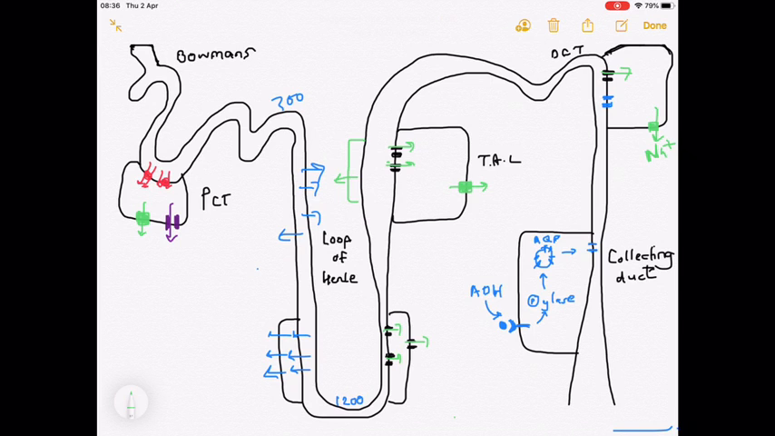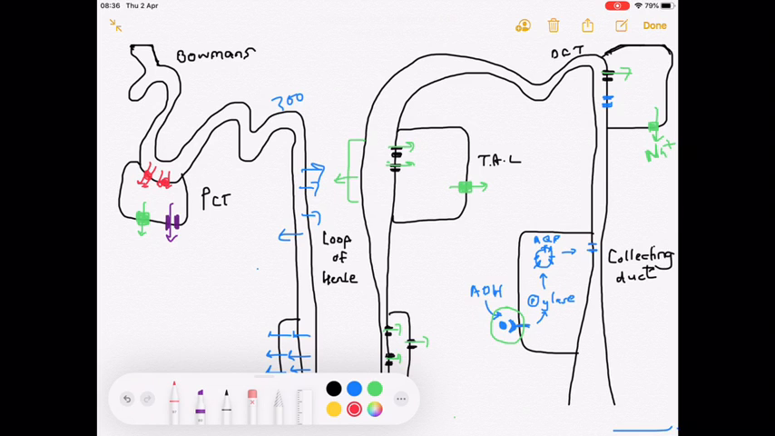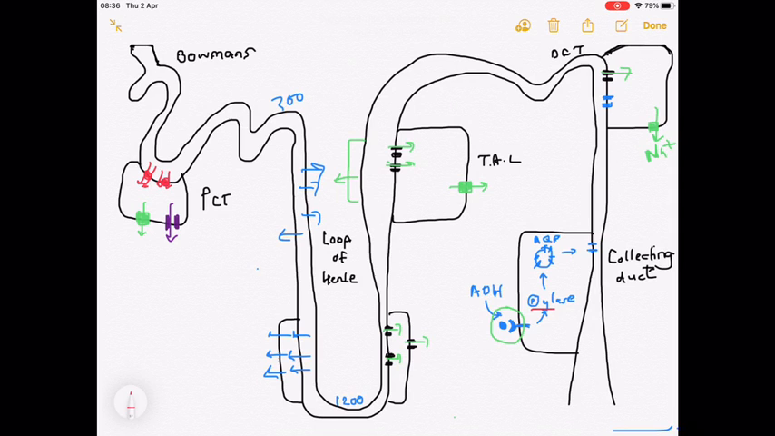As you can see down here, the ADH has travelled in the bloodstream and it's bound onto its receptor on the epithelial cell membrane. When that receptor has been activated by binding, it can activate the enzyme phosphorylase. We don't have to know anything more about this mechanism other than the fact that phosphorylase, when it's activated, is able to cause these vesicles, which contain aquaporin transmembrane proteins in their membrane, to fuse with the epithelial cell membrane on the filtrate side